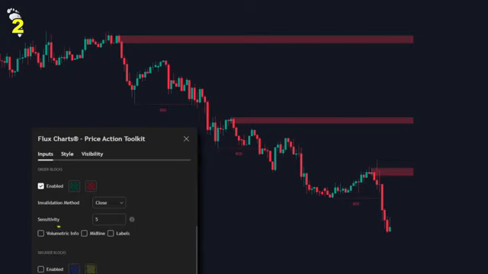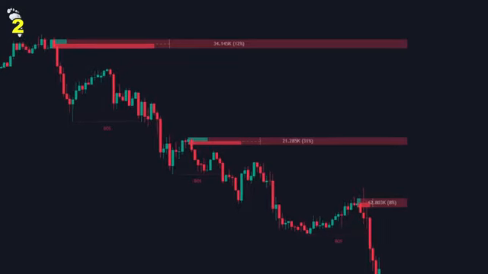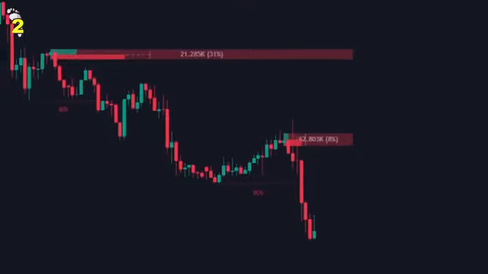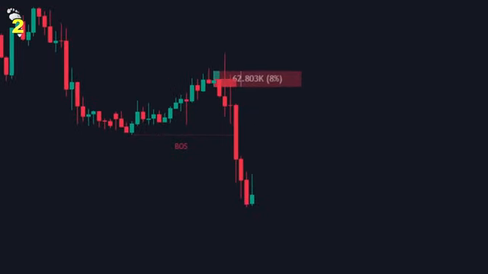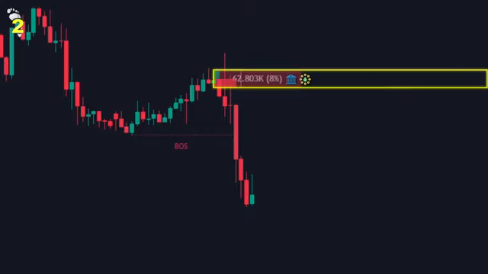The toolkit also offers volumetric information that adds valuable confirmation to our analysis. When enabled, this feature displays the total volume associated with each order block, helping us assess the strength and reliability of these zones. Order blocks with higher volume participation generally indicate stronger institutional interest and are more likely to hold when tested. These order blocks serve as our points of interest, specific price zones where we expect market reactions to occur. When price returns to these levels, we anticipate potential rejection and look for trading opportunities.